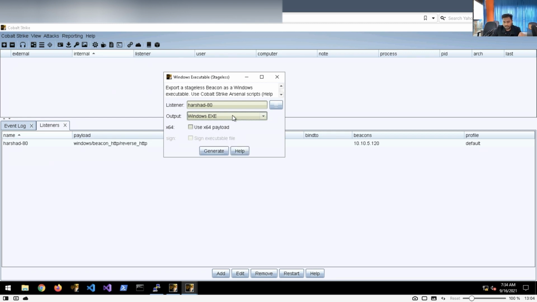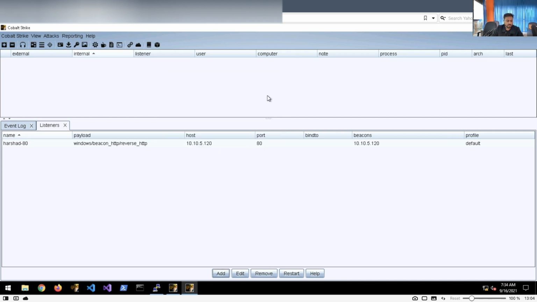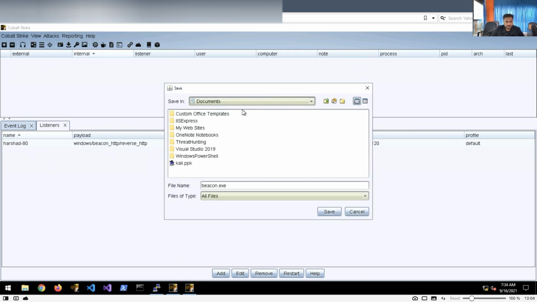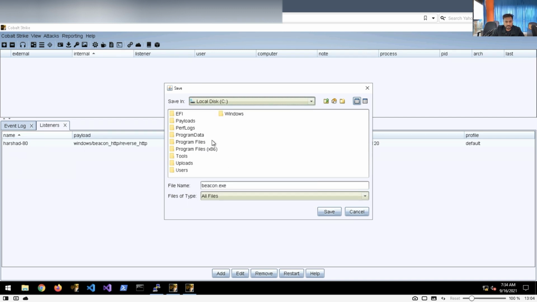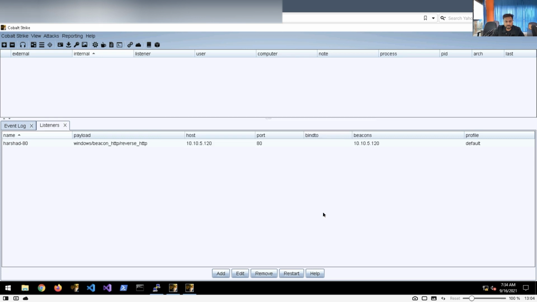I want to select Windows exe and select this one, okay, and then generate it. And now you can clearly see it is asking where you want to save it. So I want to save, okay, under the C drive. Here it is, and I am saving under the payload folder here, right? And save it. And if you see, it is saved, and this is the location, right?